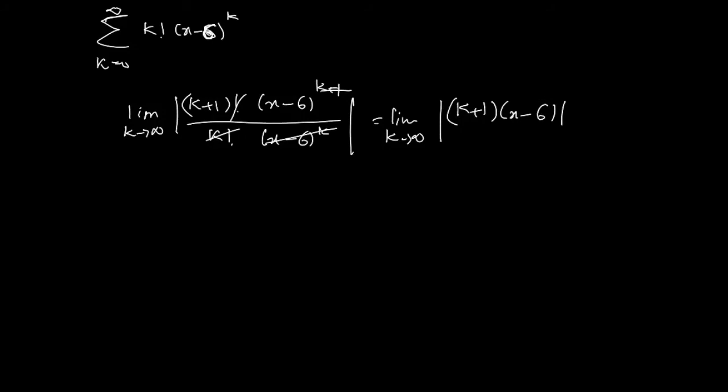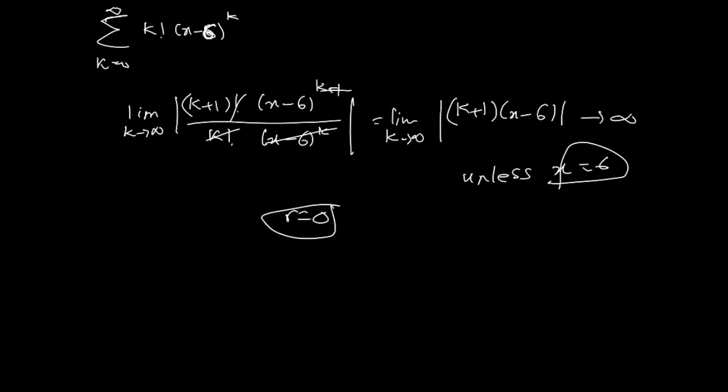Now here we have a problem. This will go to infinity unless x is equal to 6. So it goes to infinity unless x is equal to 6. This is called point convergence. So the radius of convergence is 0 because it's only convergent for x equal to 6. So here's the second example, and therefore the second possibility of what one can get for any power series. As we've said, you can have an infinite radius of convergence, you can have point convergence,